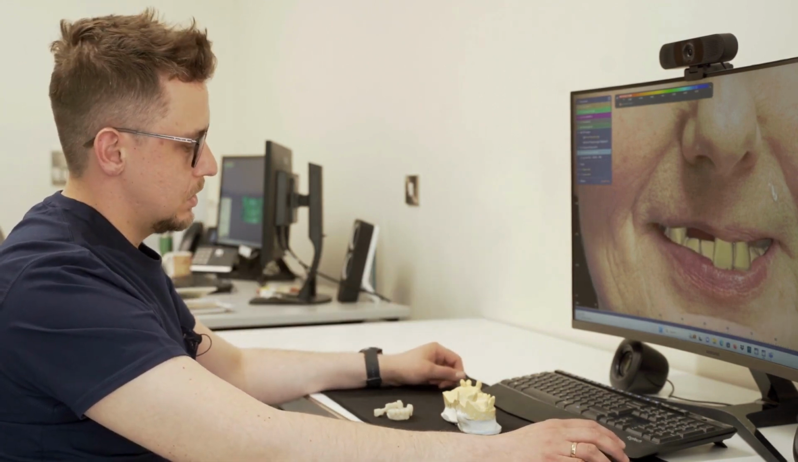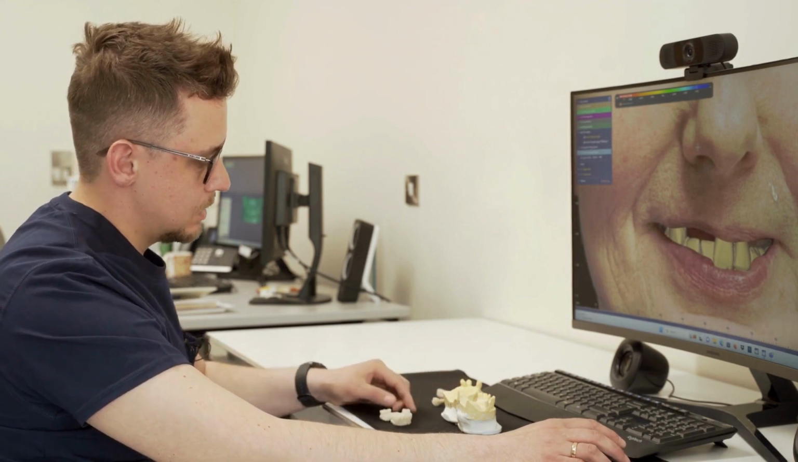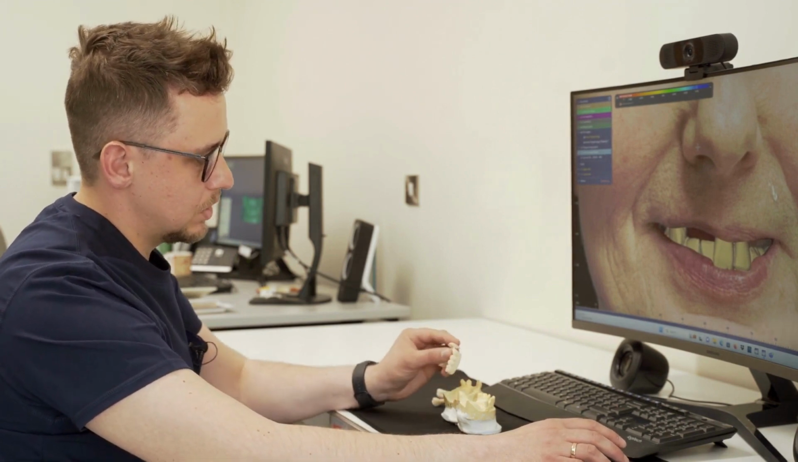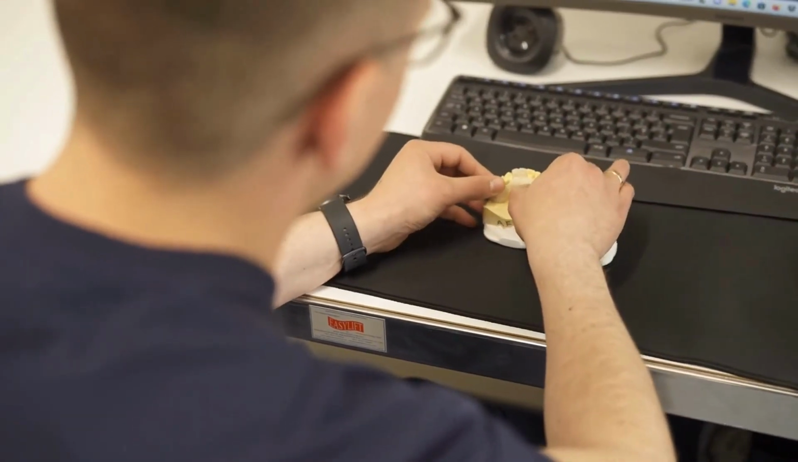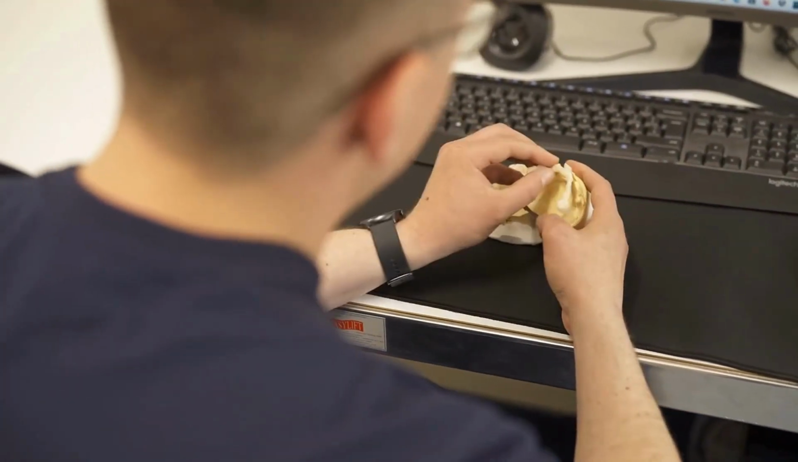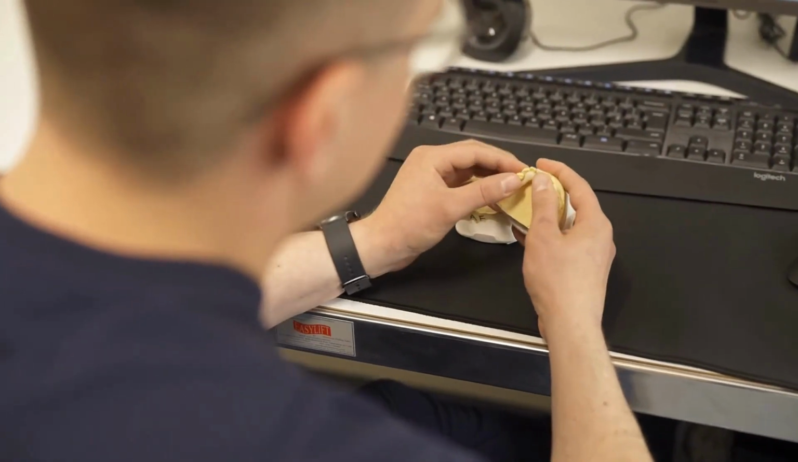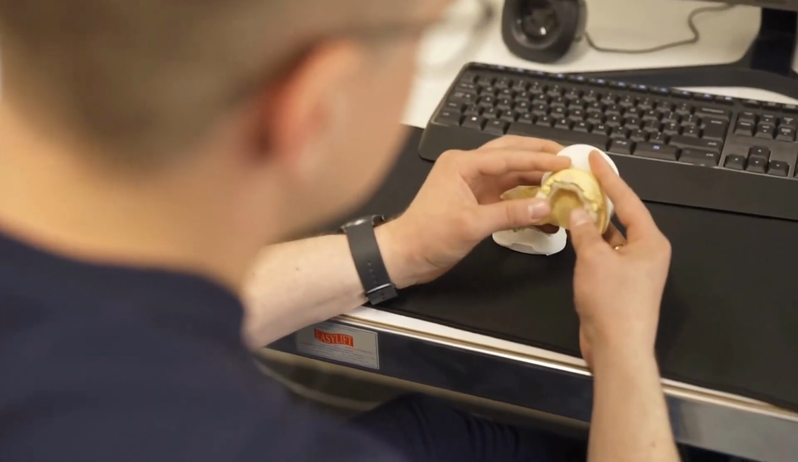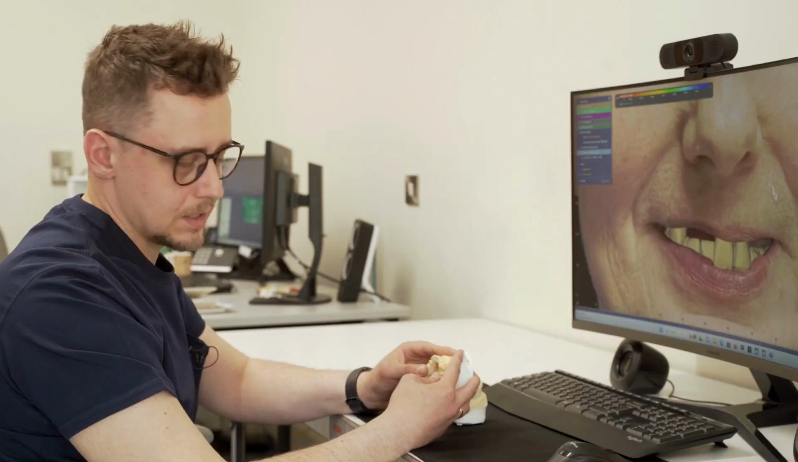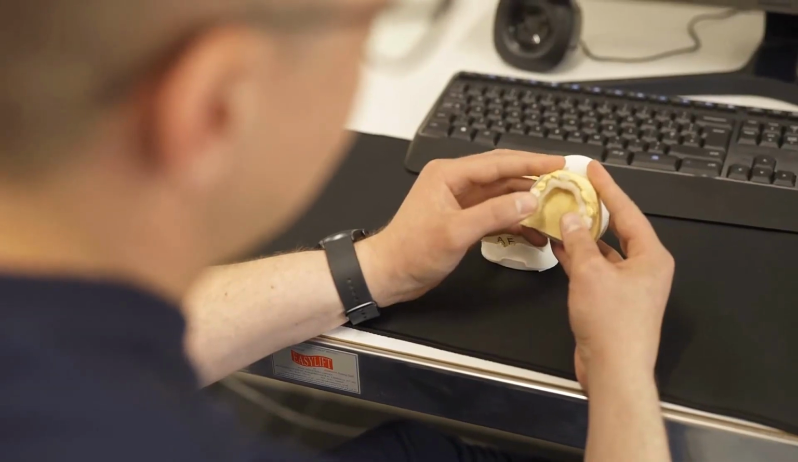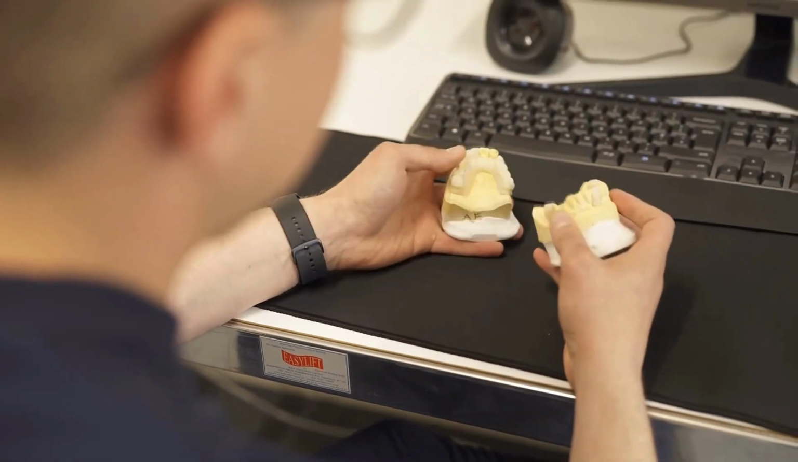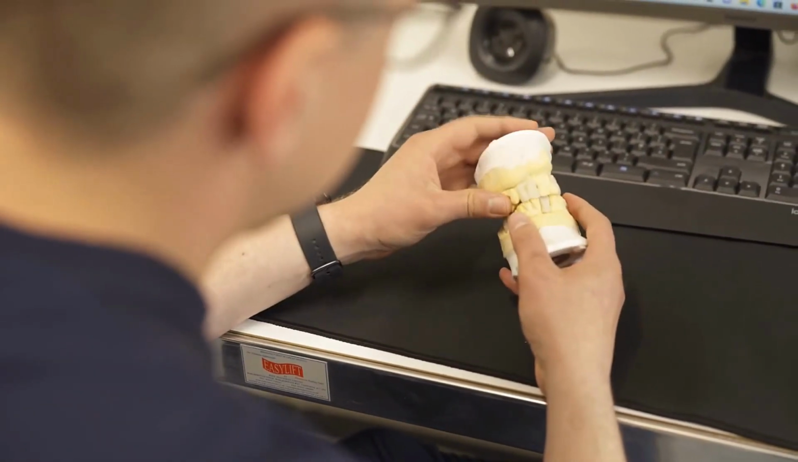The next stage is to produce the GC trains. GC trains are like printed partial dentures, and they are mostly for recording the bite and confirming if the bite is correct. And that is very critical in this case because that's our starting point. And we can't really afford to have a mistake with the correct bite. So in this case,